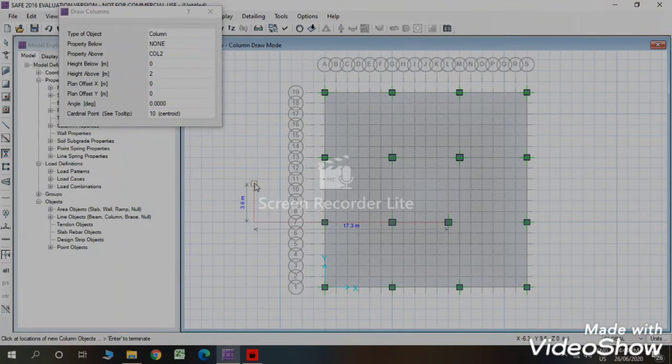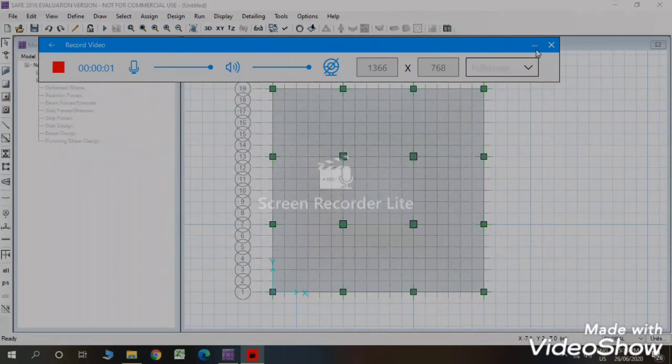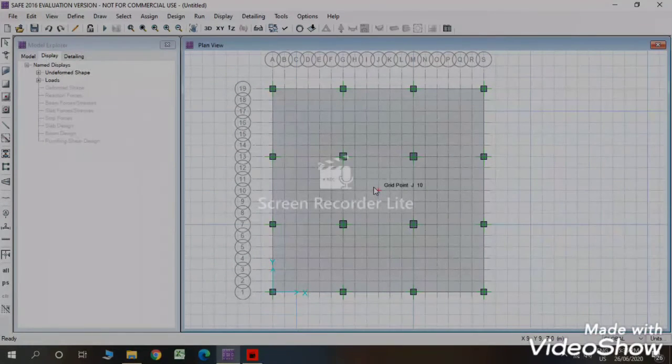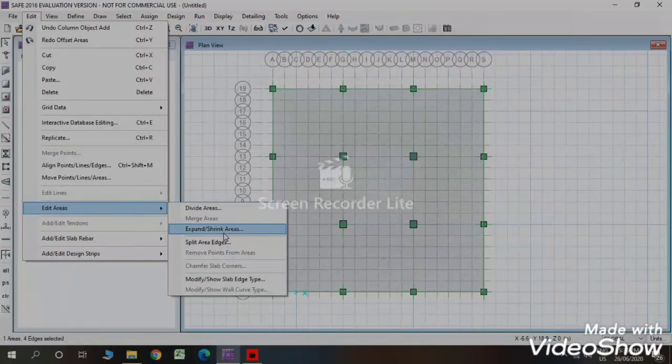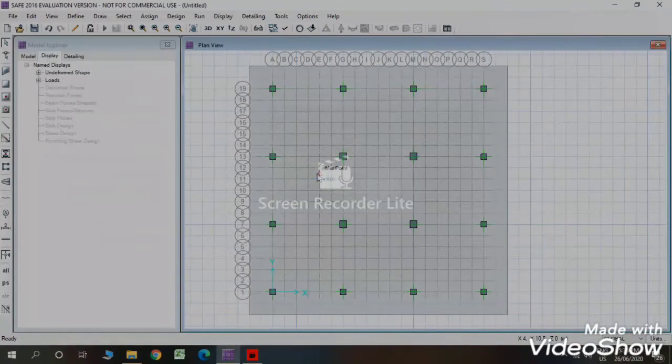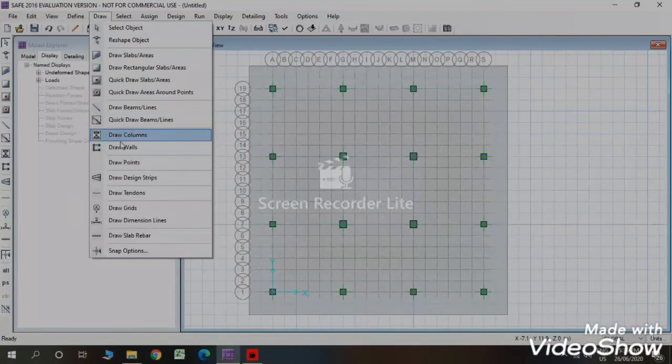In this way, now we will extend the footing area. Then we will draw column strips.